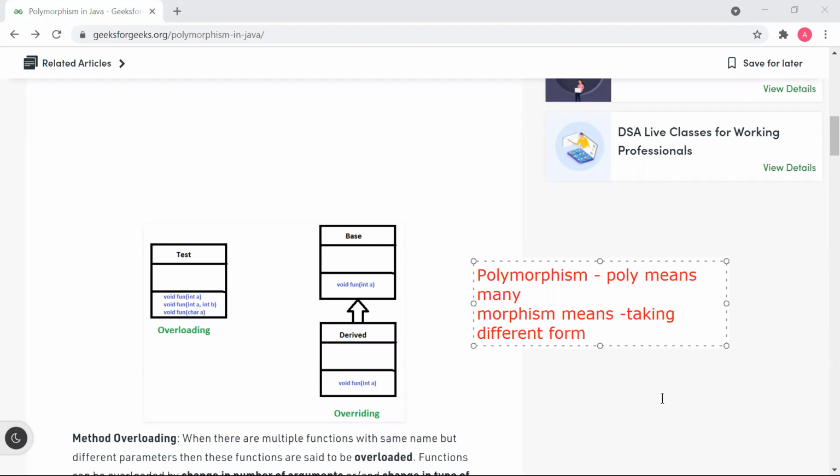For example, if I say you remember this symbol, can you tell me for what operation we use this symbol? Sir, pointer. Yes, and for multiplication. Correct.